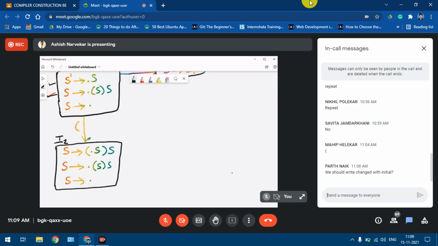In I2 we can see that the dot is appearing before S. So we apply closure to this.